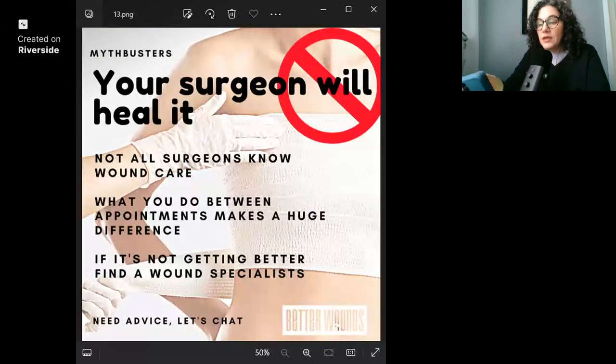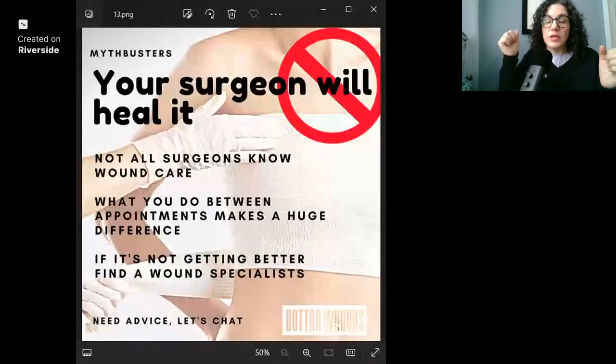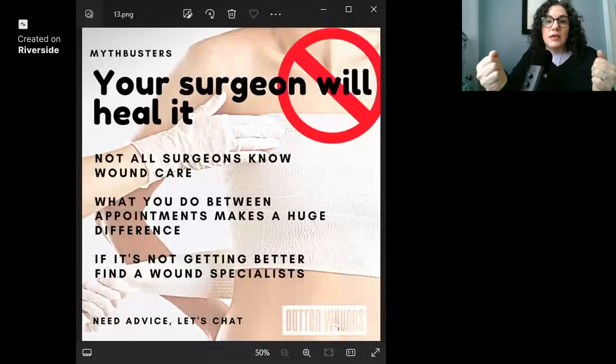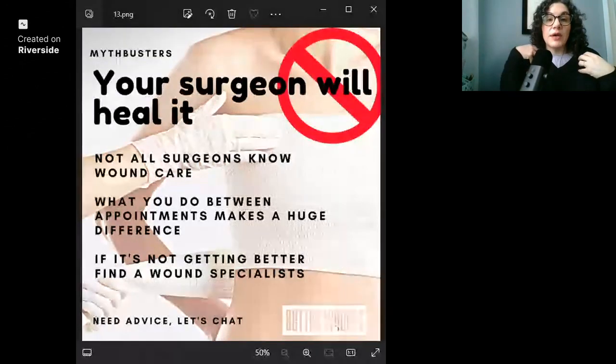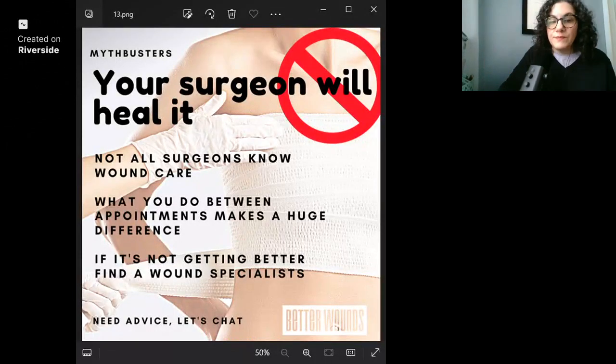I usually find that a lot of people are trying to do the right thing. You want to get as much nutrition as possible. You want to get the nutrients. You want to get the food. Food is so important. So making sure you're getting lots of protein, lots of water. You've heard that 100 times. But you also need to support the body with amino acids, and collagen helps. All these things that your body uses to grow new tissue, making sure you get the nutrients,